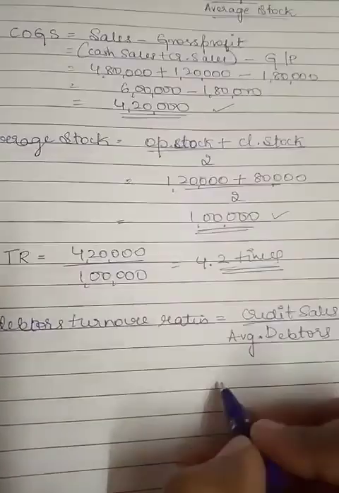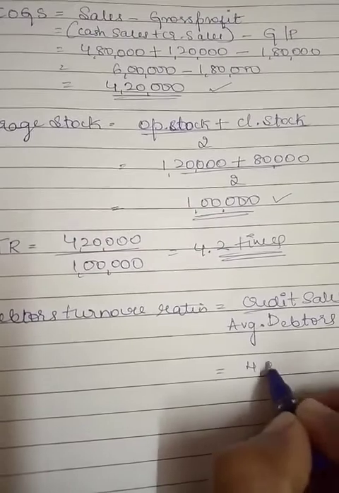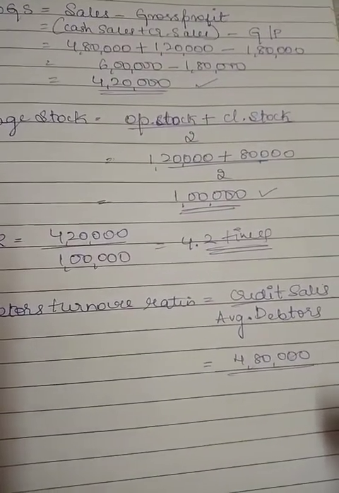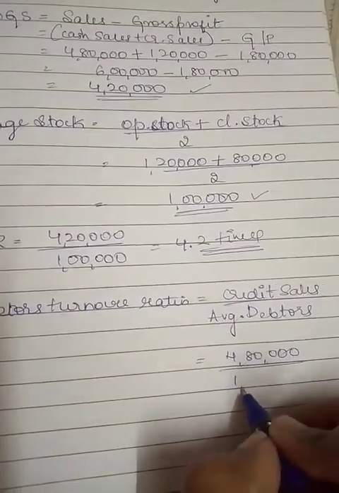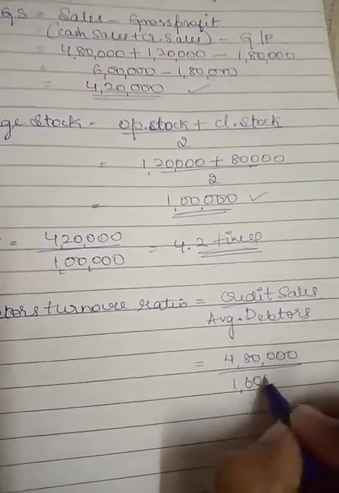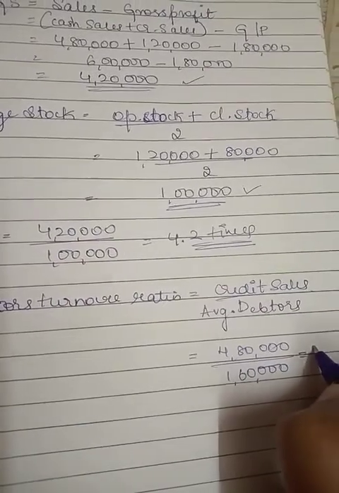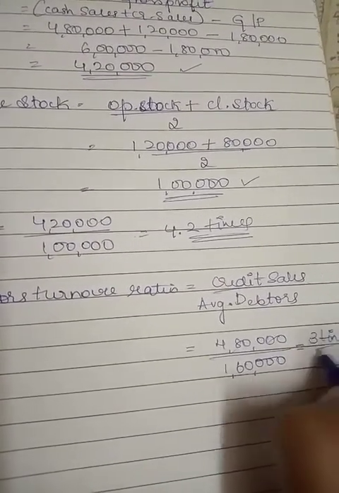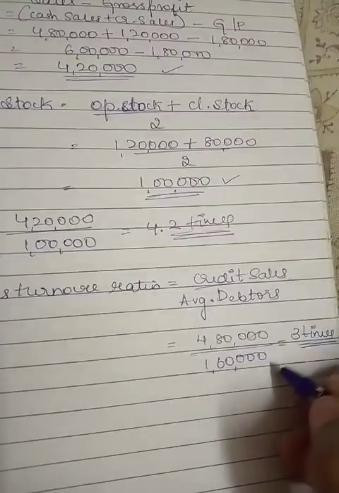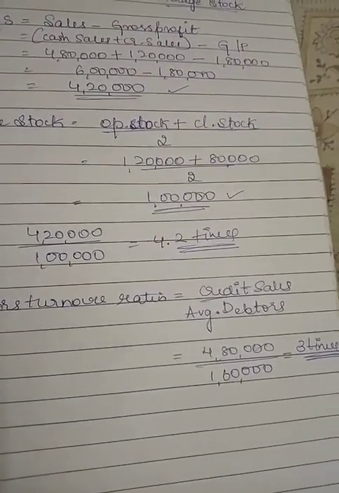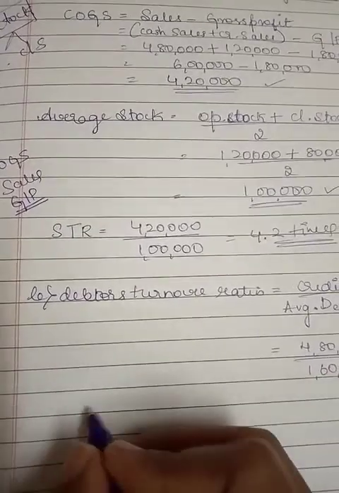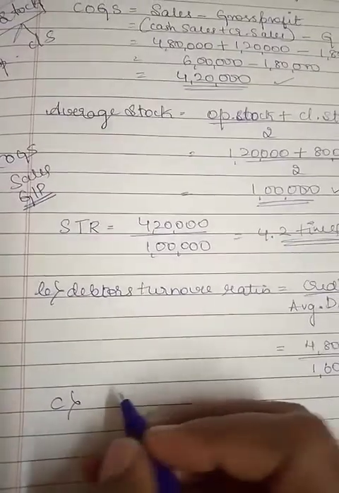Very particular, they have given credit sales of 4,80,000, and there are also average debtors. As there is no information on opening and closing debtors, whatever value you get, 4,80,000 divided by 1,60,000 goes to 3 times. Clear? So now the debtors turnover ratio is done. You can go ahead with preparing the